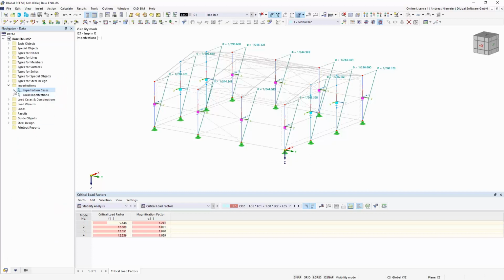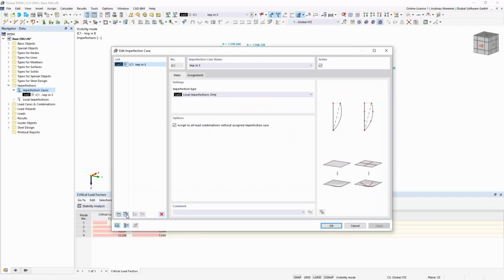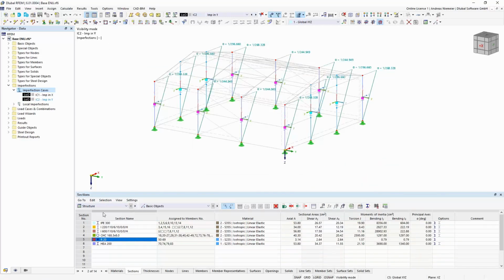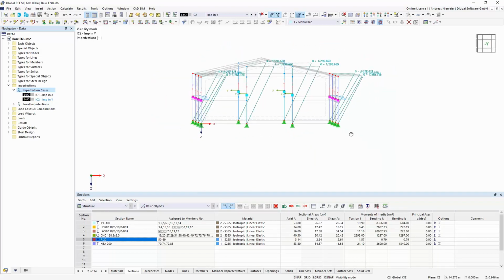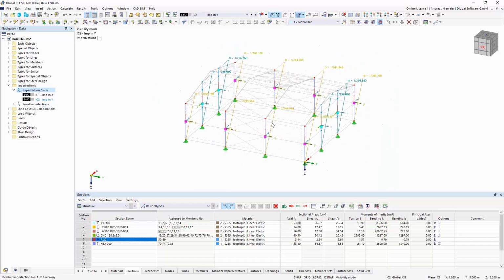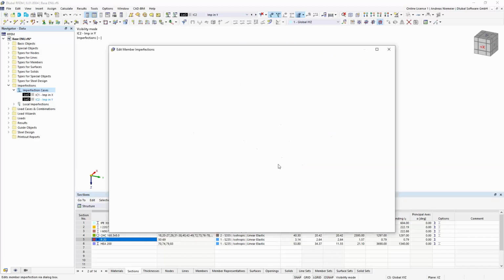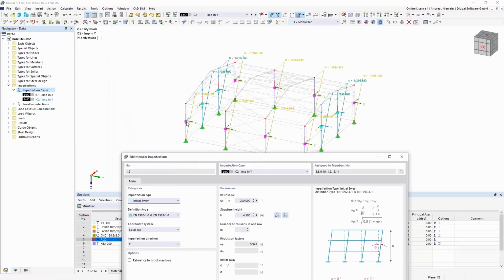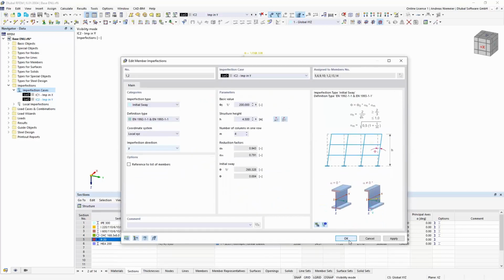So here again, like for the wind load case, I open this imperfection cases, copy this case into y direction and change the values. So here I open the sheet. No, it's not needed, so I can select all imperfections here in this graphics. So I select it here and say right click, edit imperfections. Now in this case in y direction, the height is fine, but we have 4 columns and fine, good.